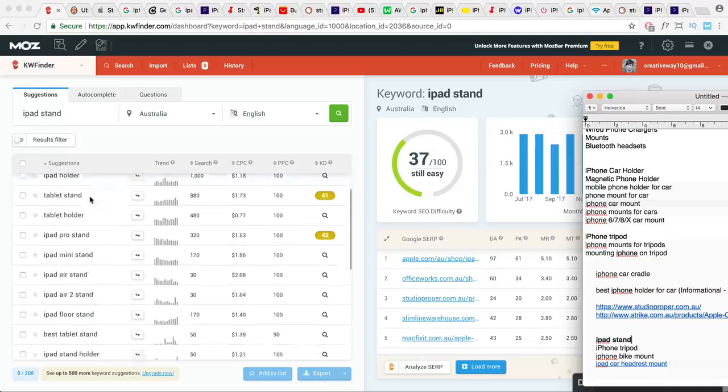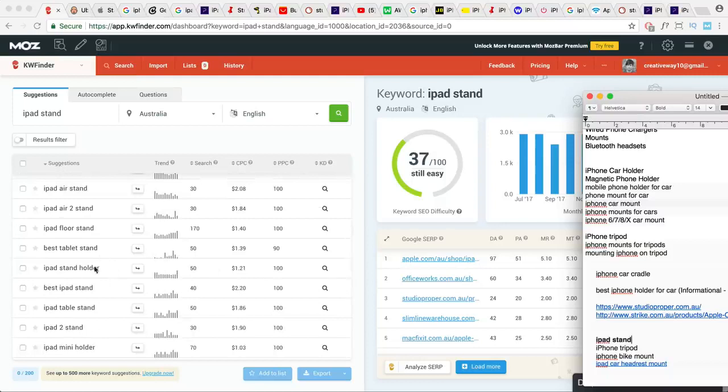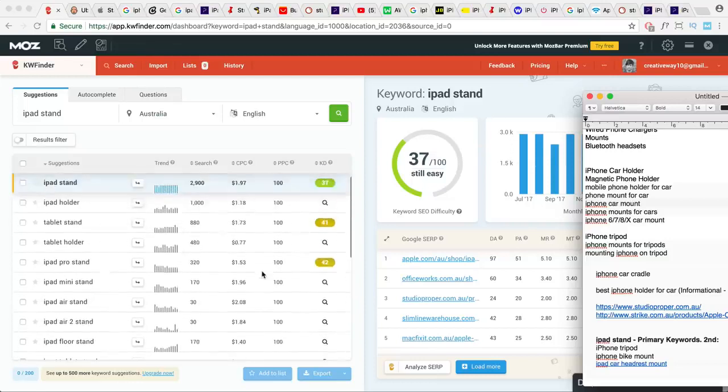So for example, iPad stands, you also want to jot down all the keywords, right? For example, iPad stand might be my primary keyword, okay? But within that article, you might want to include some secondary keywords as well, right? So secondary keywords might be, let's have a look, iPad stand holder might be one. Maybe iPad Pro, mini,